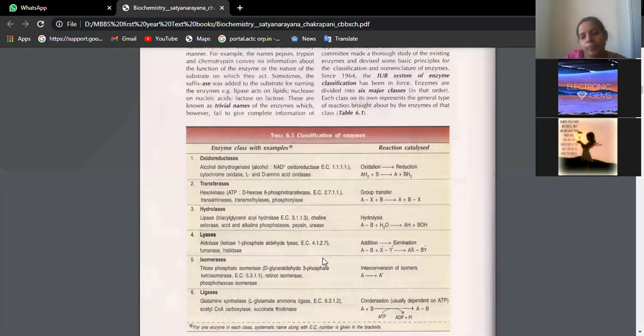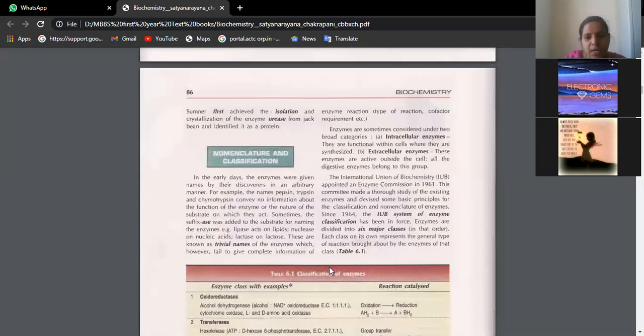Suppose trypsinogen is released in the inactive form. Once HCl acts over it, it gets converted into trypsin. That means whenever food is available and whenever they are supposed to act, they get activated. So that is proenzyme. Enzymes are the active form.